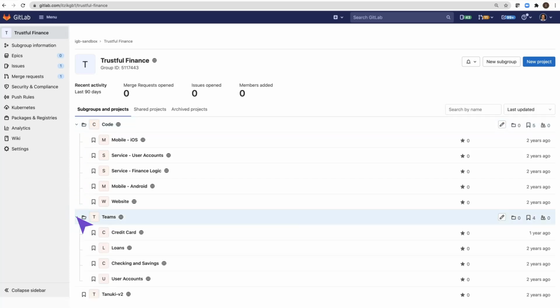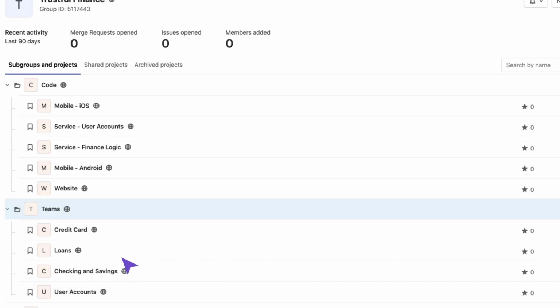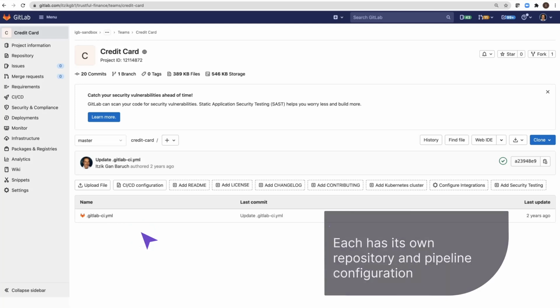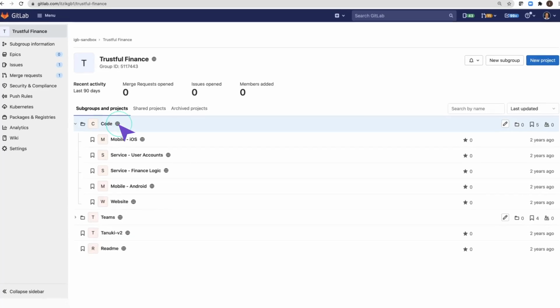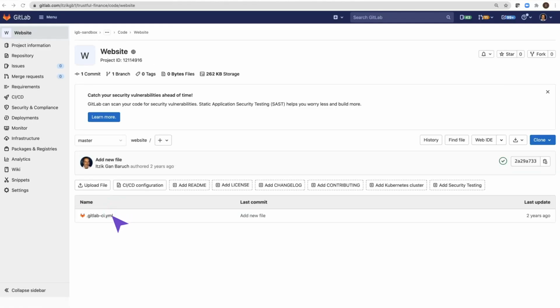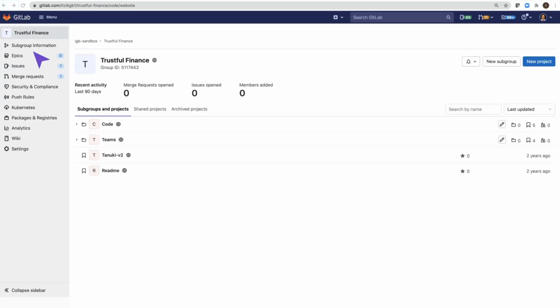Trustful Finance is a financial services company offering 3 products: checking and saving accounts, credit cards, and loans. Each product is managed in its own project in GitLab, has its own repository and pipeline configuration. The products are delivered to customers via iOS app, Android app, and a website. Those applications are implemented as microservices, and each one of them is managed in a separate project with its own